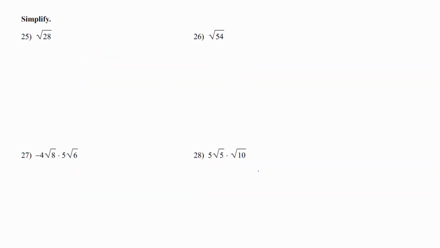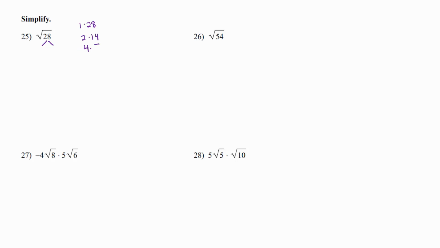On this next section, we are simplifying square roots. So the thing that you want to remember about simplifying square roots is that we're looking for a factor pair where one of the numbers is something that we can square root. So when I think about 28, I can do 1 times 28, which technically is a perfect square. We're looking for things other than 1. 1 doesn't actually help us. 1 times 28, 2 times 14,